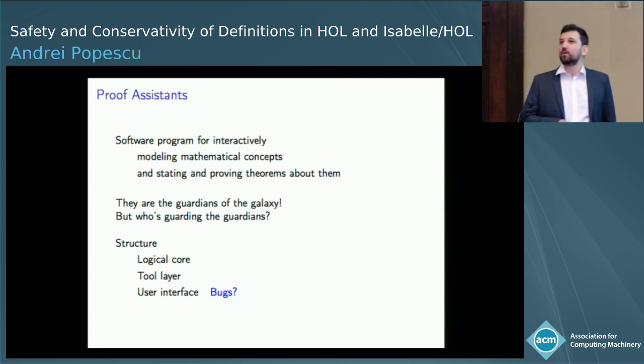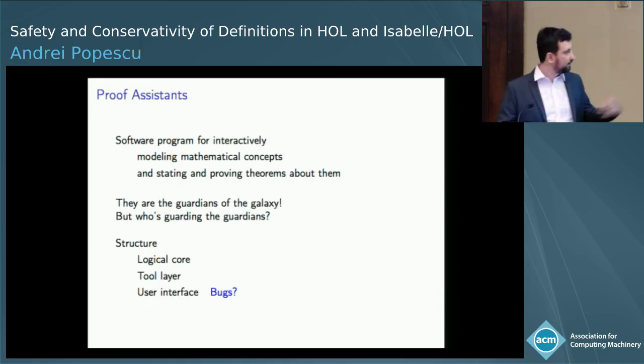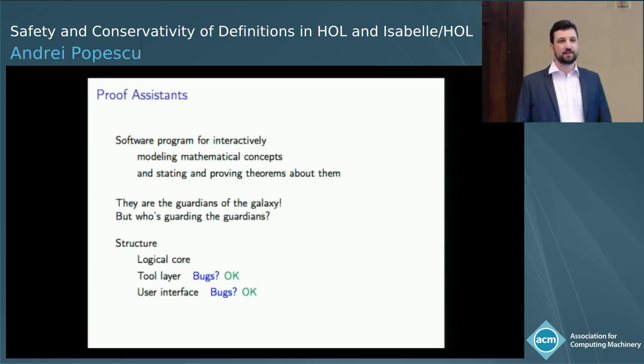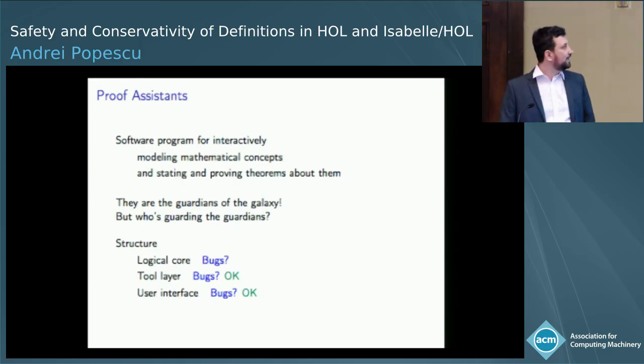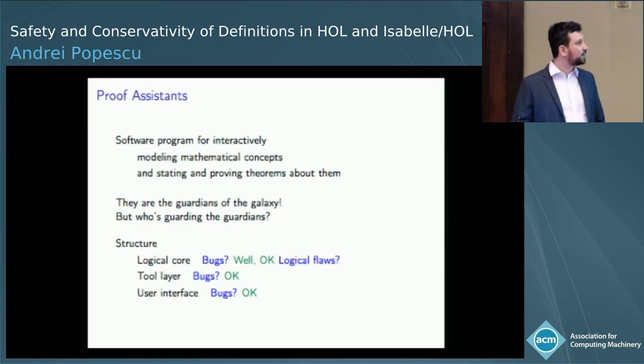So at all these layers, it is normal and acceptable to have bugs. Any system that is trying to evolve will have to do this through bugs. So bugs are OK. At the tool layer, most of the time, they could be annoying, but they would probably be harmless in the sense that they would not prove things that are not provable in a reasonable system. At the logical core, we also have bugs because this is a piece of software. And this is also OK. Typically, an implementation bug can be easily fixed if you have a nice specification of the logic.